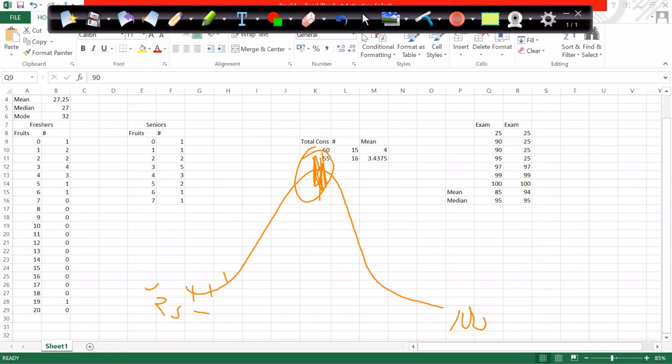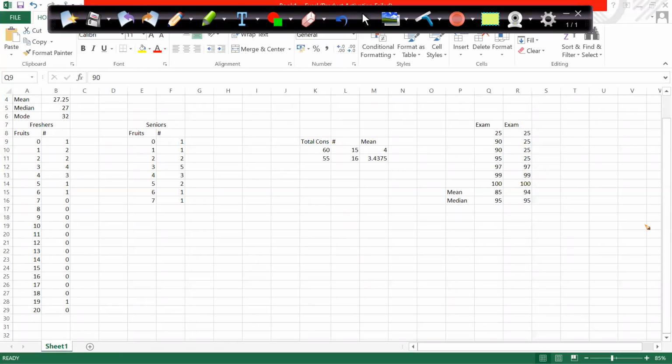But let's say there is an outlier. How will I plot it? Let's say I got 25 marks, but all of you got 90 marks or 90 plus. My plot will look like this, right? Here 25 is alone, but the majority of the population is at 90. So my median is not going to be impacted. It will be on the higher side. My mode is also not going to be impacted. It will be on the higher side. But my mean will be somewhere on the lower side because of this guy.